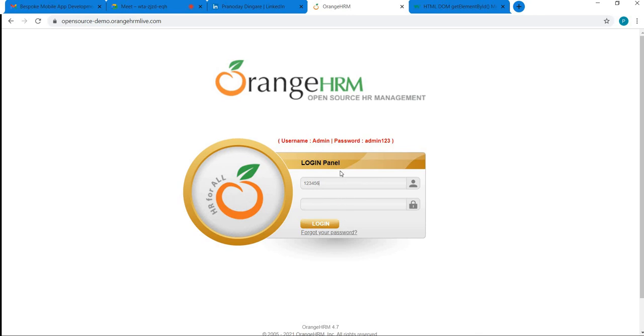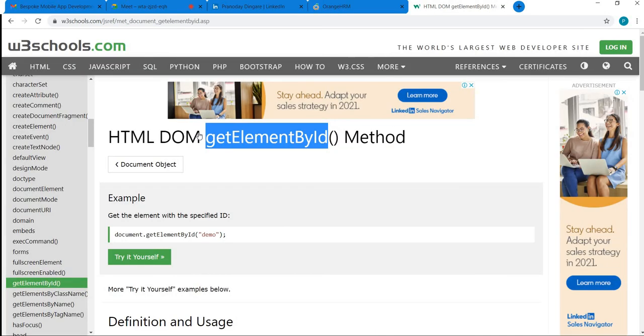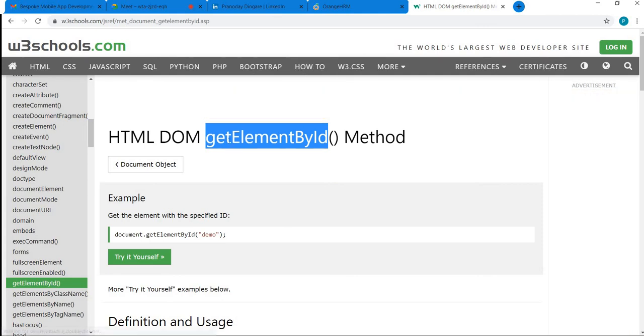So IDs and names are usually set by the developers for their own purpose. They don't set it for anything else. They just want the elements to be identified as a part of their client side validation logic, and hence they set the ID and name attributes uniquely to those elements, because JavaScript, in which they write their client side validations, does support getElementById and getElementByName kind of methods.